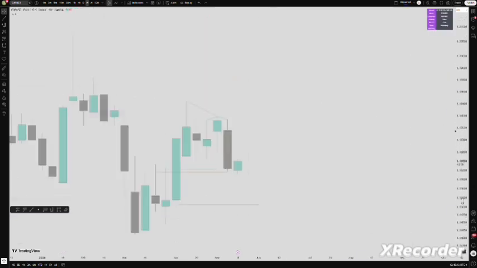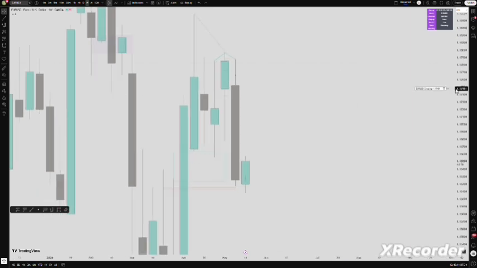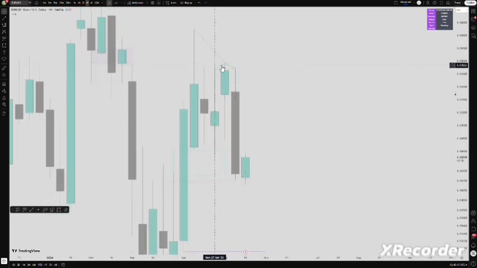In conjunction with those two key levels, I was expecting some sort of different phase of price delivery